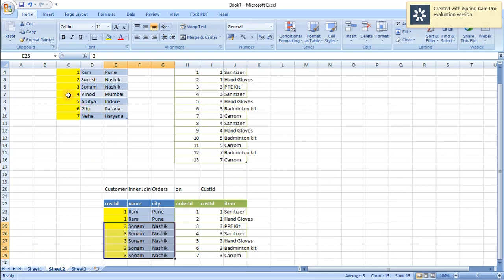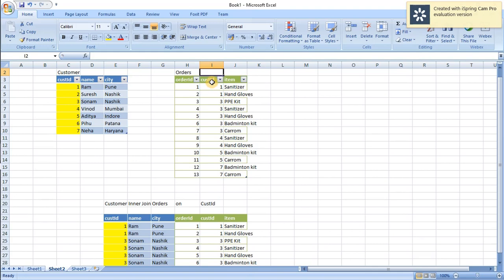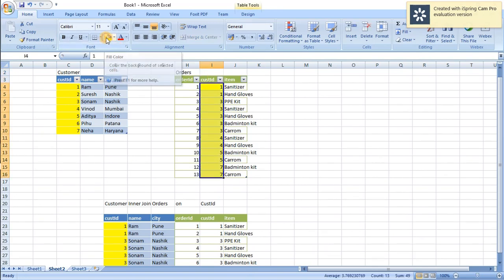Now the next customer ID equal to 4. Don't forget, this is the customer ID column. I forgot to highlight this column as well, so let me highlight it.